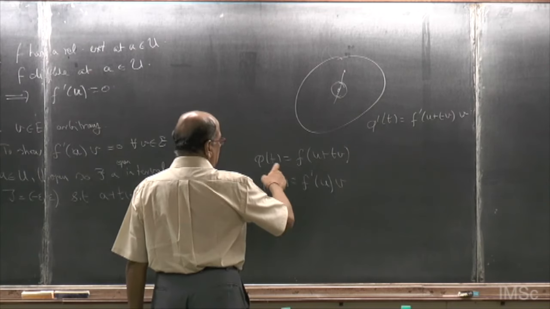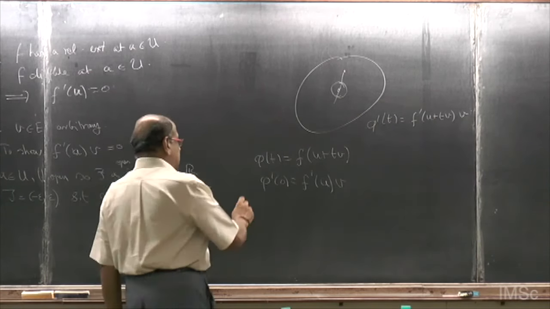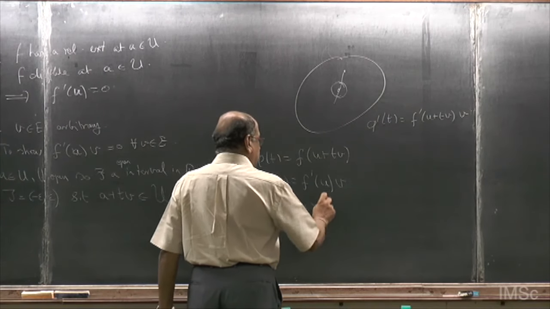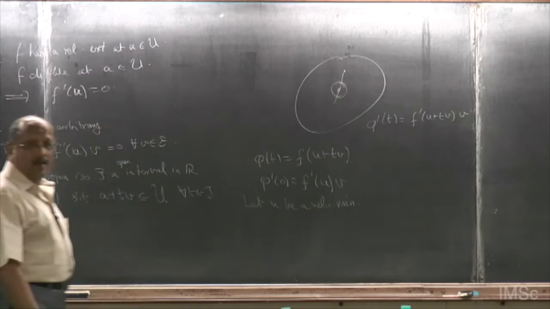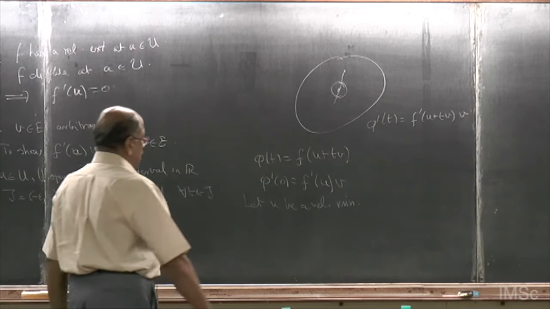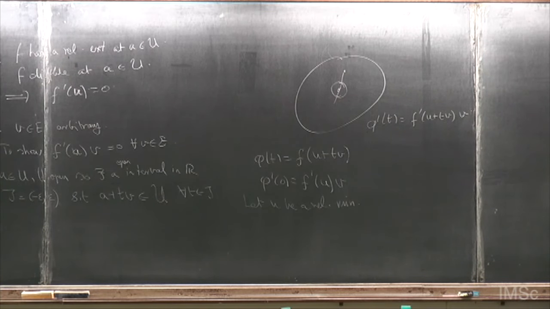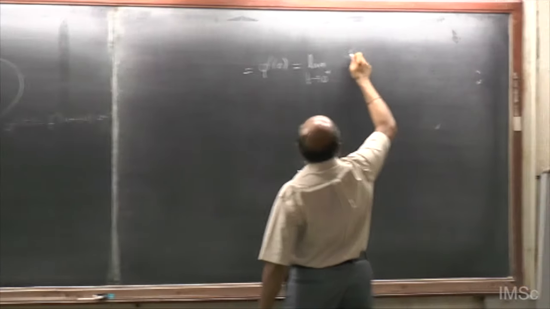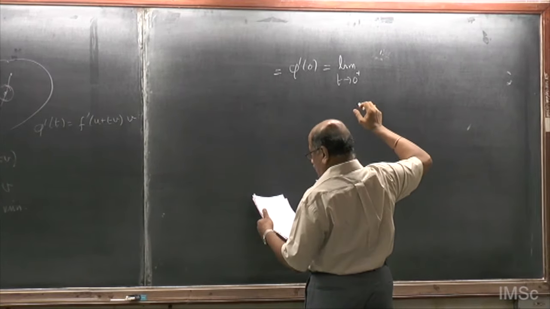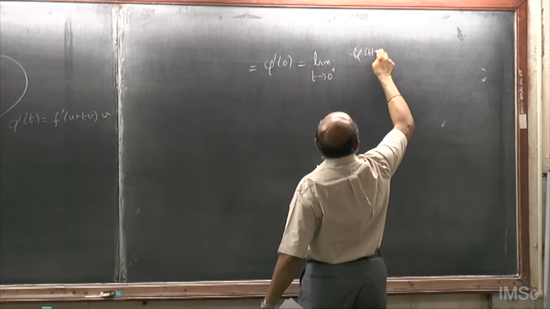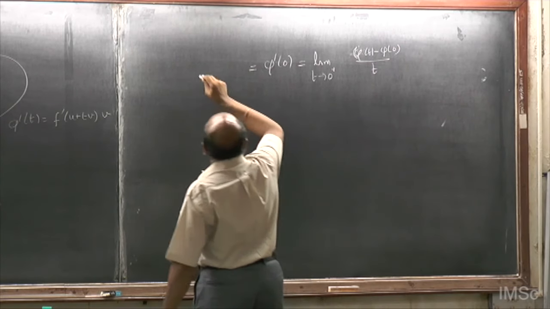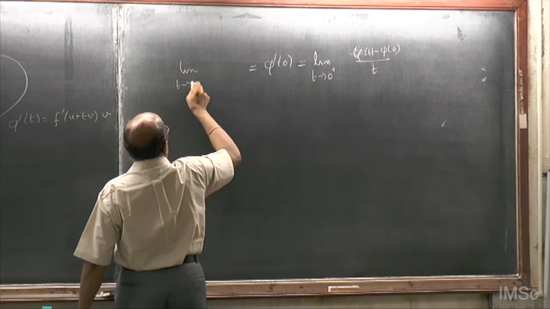Now, because u is a relative, let us say minimum, let u be a relative minimum. Now, what do you know about phi dashed of 0? This can be written as the limit as t goes to 0 plus of phi t minus phi 0 by t, and it is also equal to the limit as t goes to 0 minus